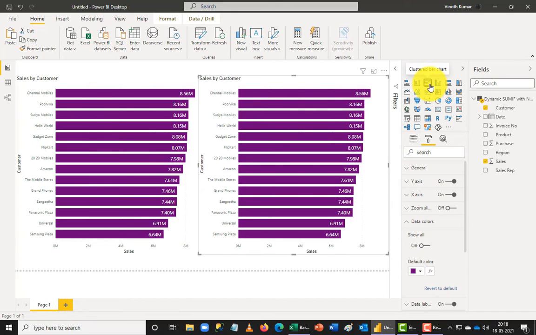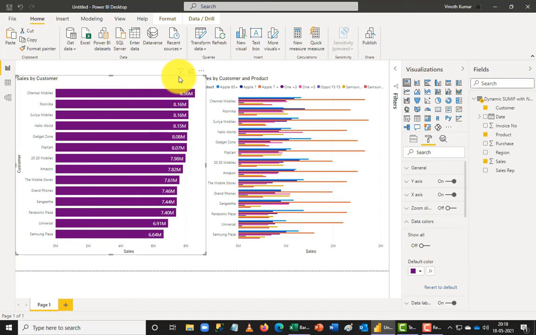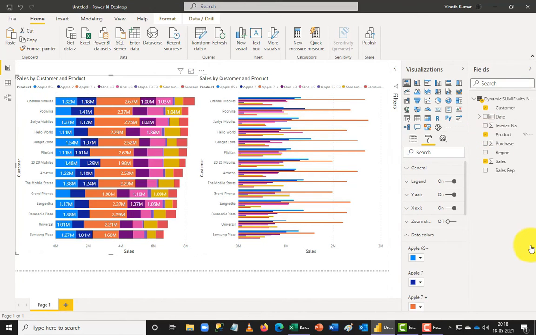So there won't be a big difference when it comes to the bar charts here. Both of them look alike, but again, when comparison data comes in place here, that's where my clustered column chart or clustered bar chart will play a major role. So when I add a product here to my data list, you can see that it is going to give you the breakup of the list here. But if I add the same product to my stacked bar chart, you can see the differences here. So it's going to give you a different dimension altogether.